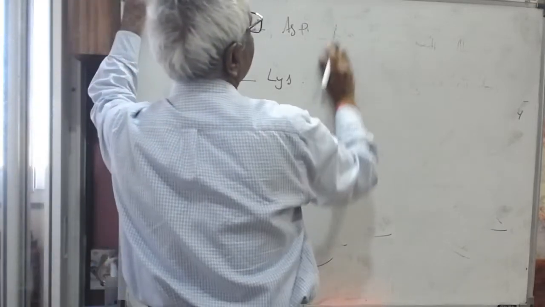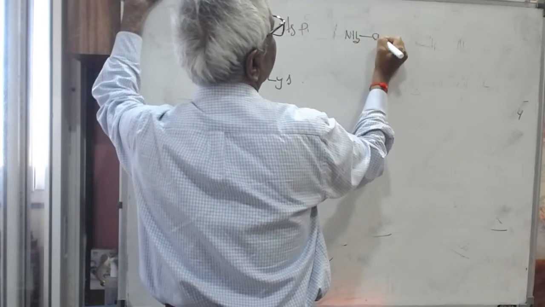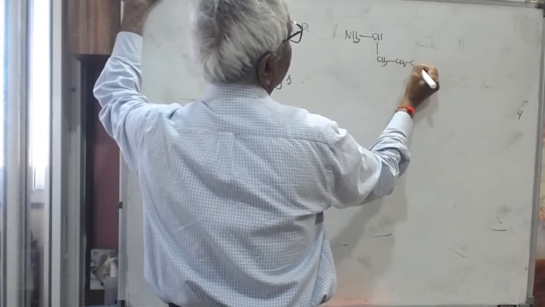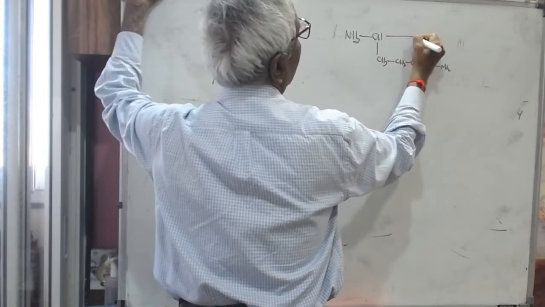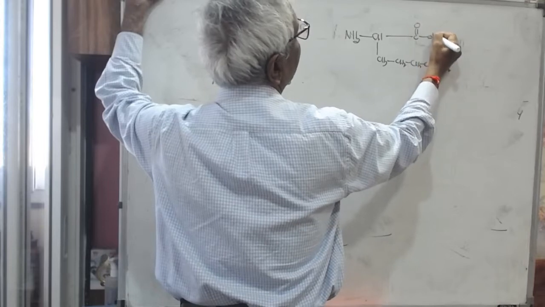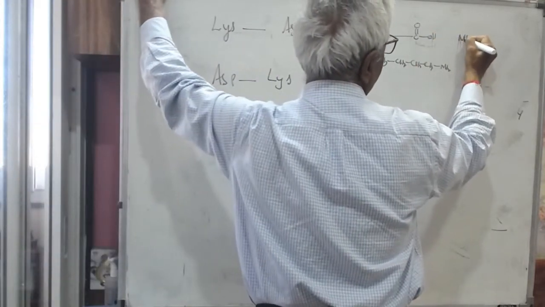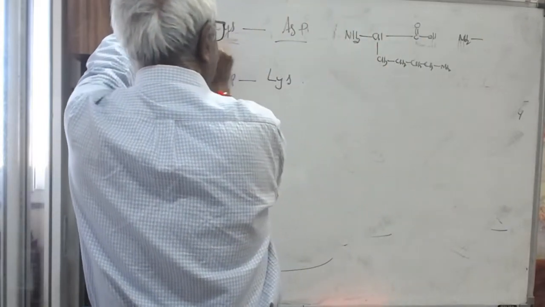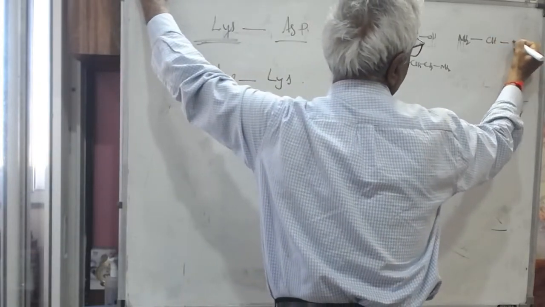So LYS: NH2, CH, CH2, CH2, CH2, CH2, NH2, and this is COOH. ASP: NH2, so you have to start from the amino terminal of the lysine, and then CH,